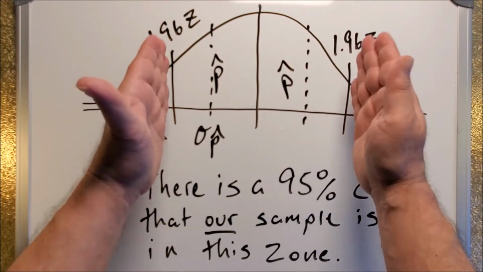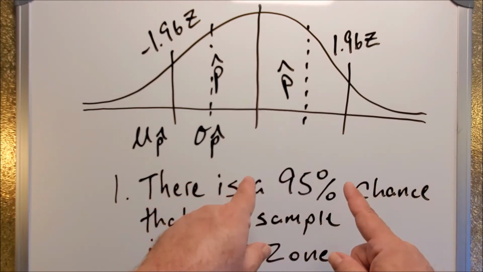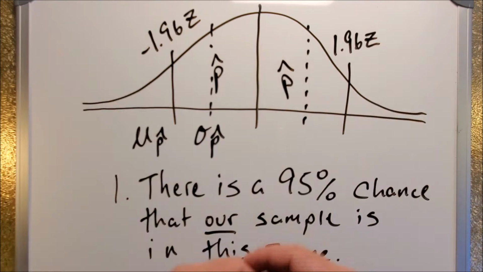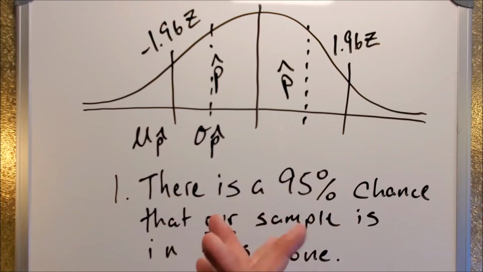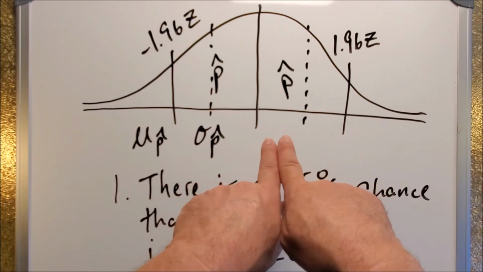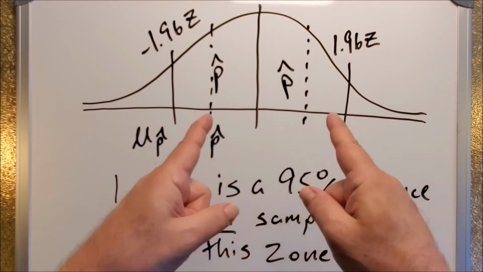95% of the samples are between these two numbers. So that means that if we randomly select a sample, there's a 95% chance that the sample that we randomly select, or selected already in the process of our research, was one of these samples. There's 95% of the samples right there. So if you shut your eyes a little bit and say, what's the probability that our sample was among those? It's 95%, because that's 95% of the samples. Okay? So there's a 95% chance that our sample, whatever it may have been, is one of them that's within that